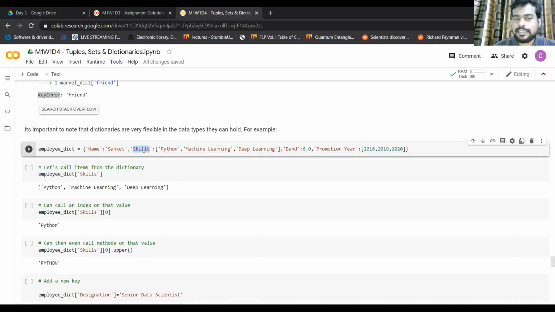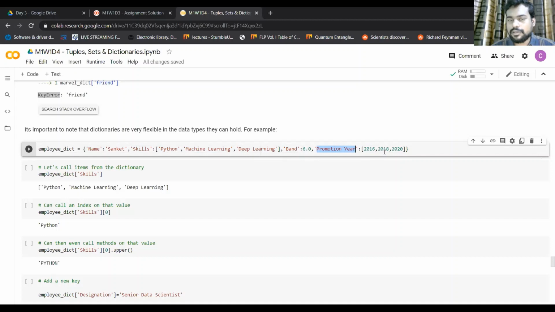Then we have another key, skills, and the value corresponding to that key is a list of skills: Python, machine learning, deep learning. Then there is a band key. The corresponding band is 6.0. It is some level in your organizational hierarchy. And this is a promotion here, which again